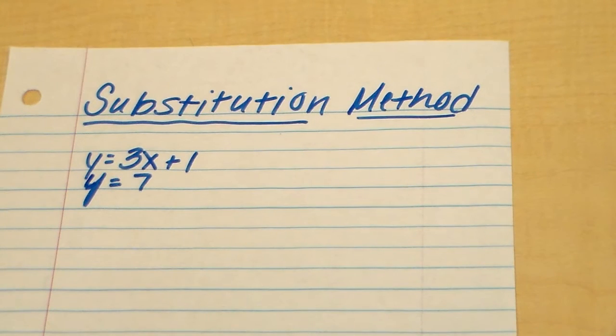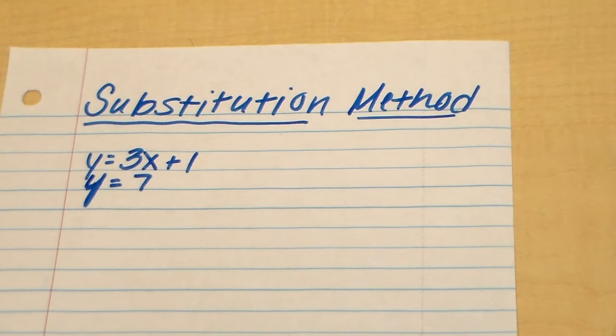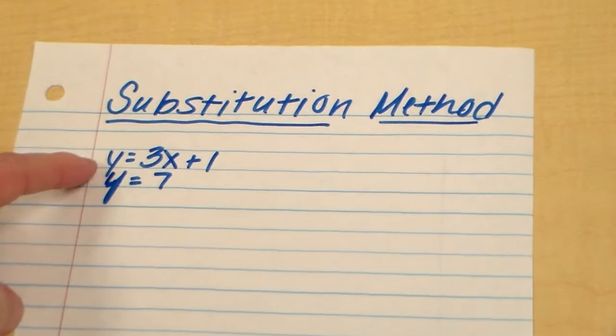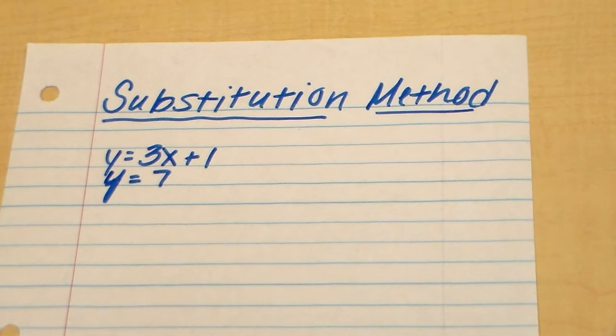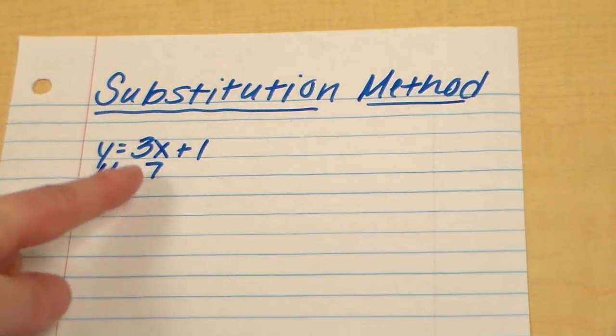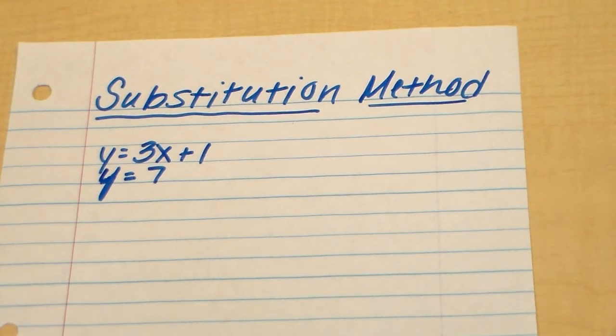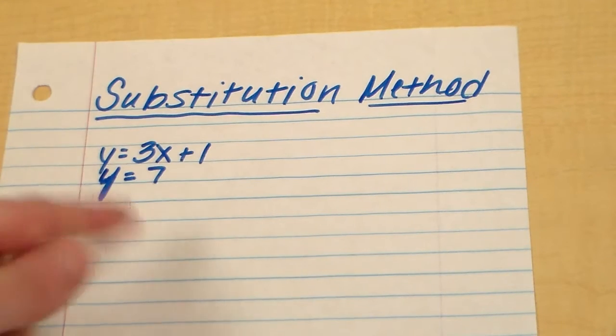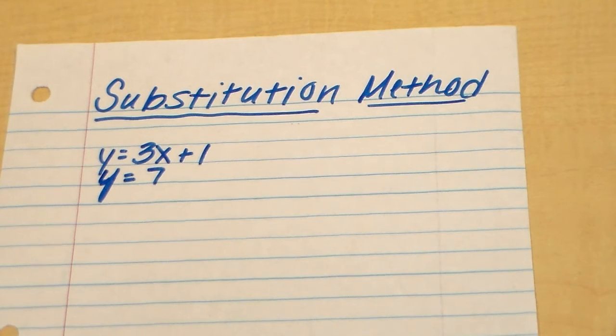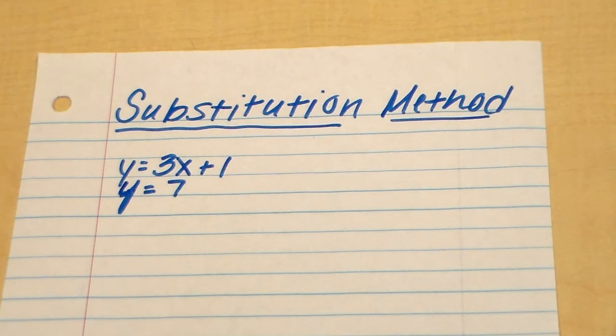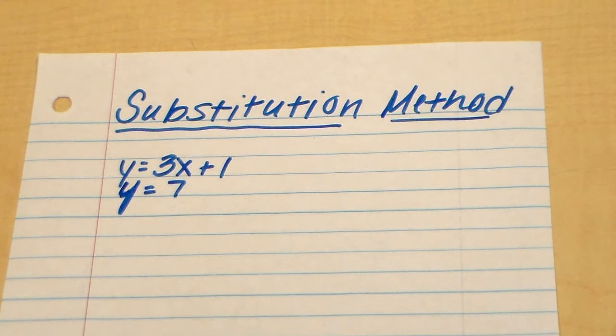Today's lesson in class was about the substitution method for systems of equations. So we started out with some basic things where we saw possibly where one equation was written in slope-intercept form, such as our first one here. And then for our second equation, we either had one of our variables equal to a number. On a few of the examples, I maybe gave you a variable equal to something, like for example, y equals 7x. So we saw a mixture, but just to refresh your memories on what's going on,